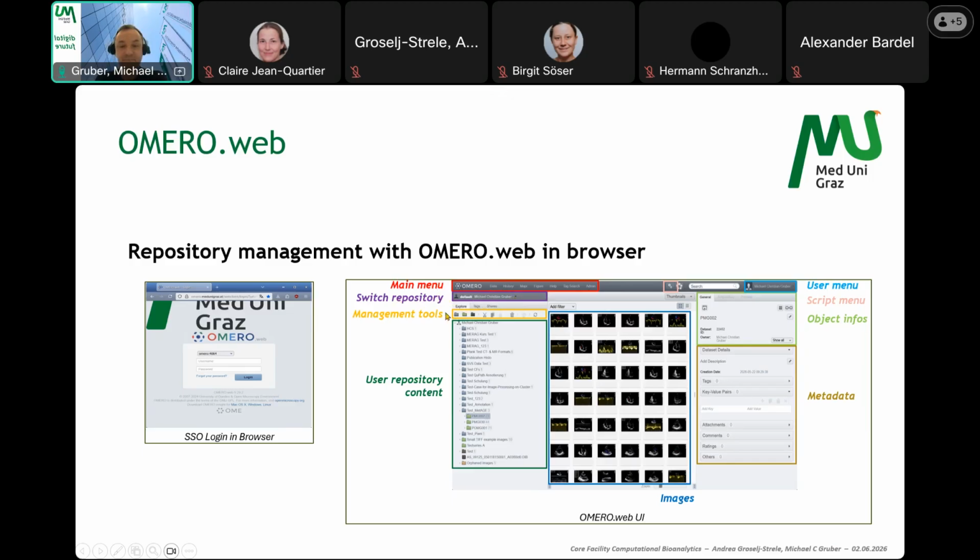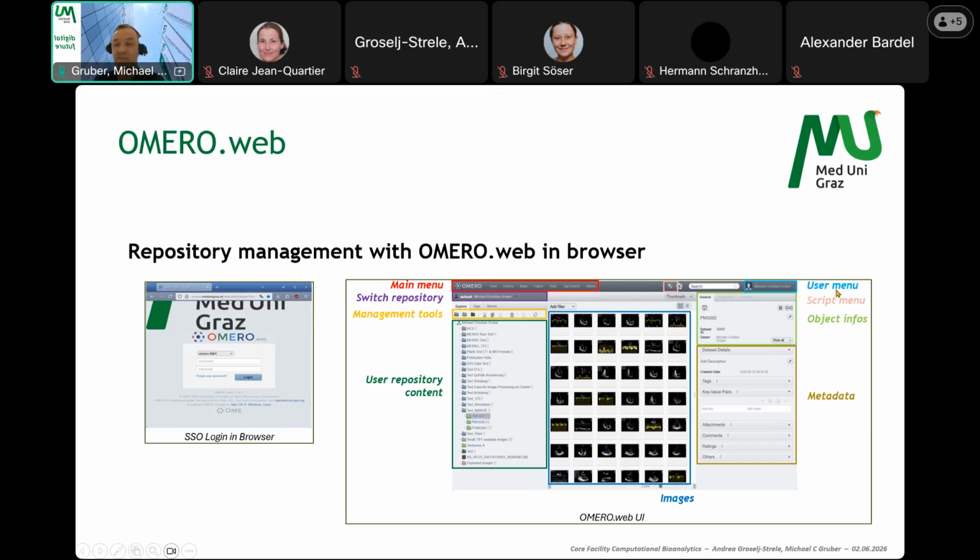You have here certain management tools which help you to manage your repository. On the right side, you have here the so-called info field, where